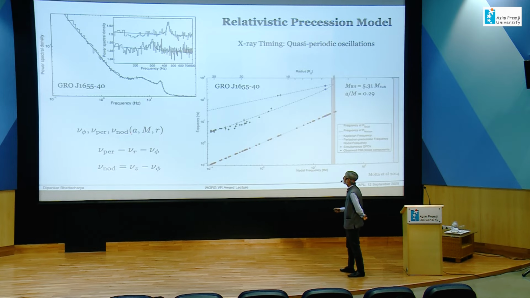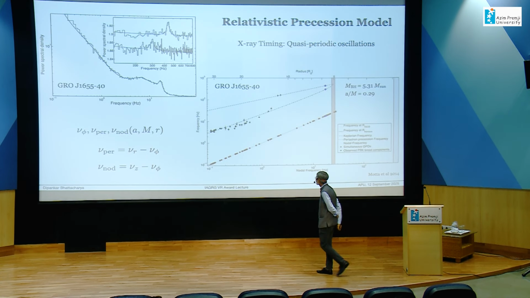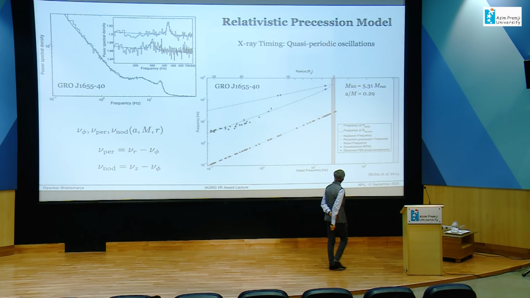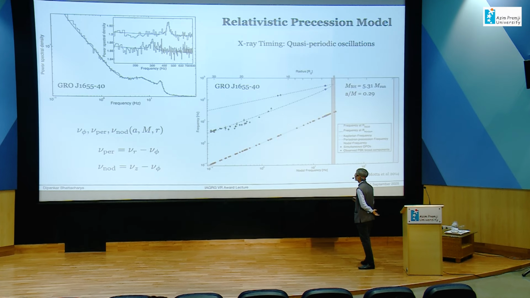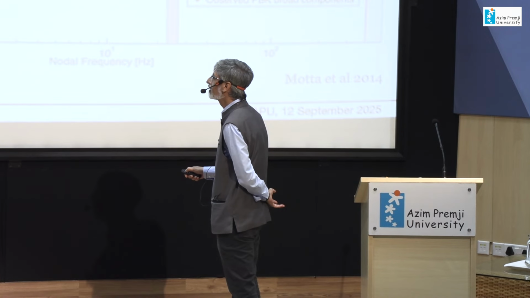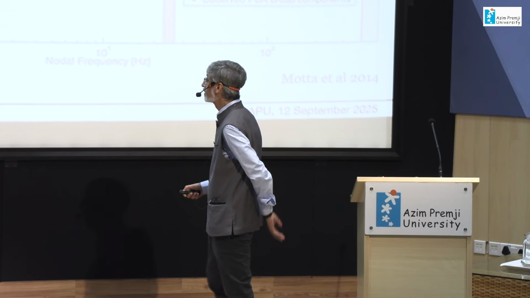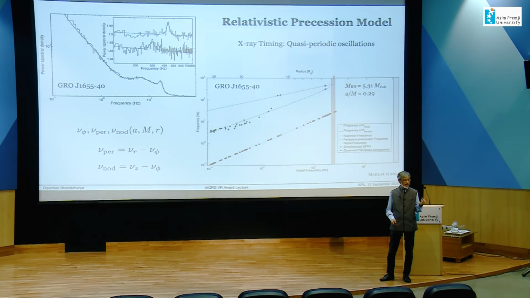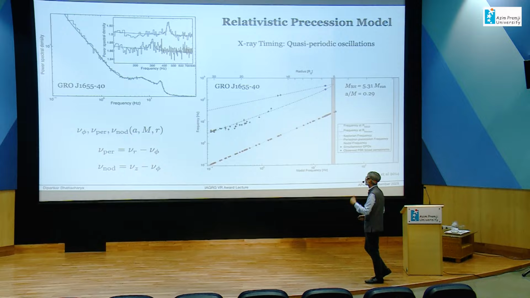Now, there are predicted relationships from general relativity. If you take these 3 frequencies and then plot them, and then look at the predicted relationship, and those are these dashed slanted lines here, you can see the fit very well. And therefore, from these measurements, you can derive these quantities, which is the spin rate of the black hole, the mass of the black hole, and the radius at which this effect is occurring.